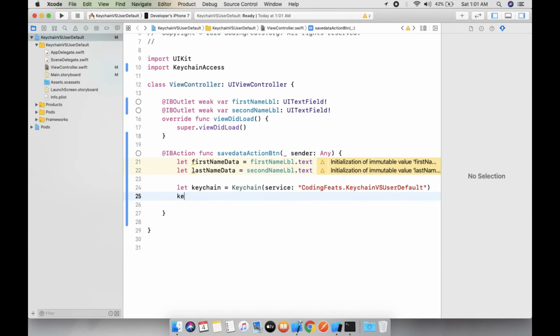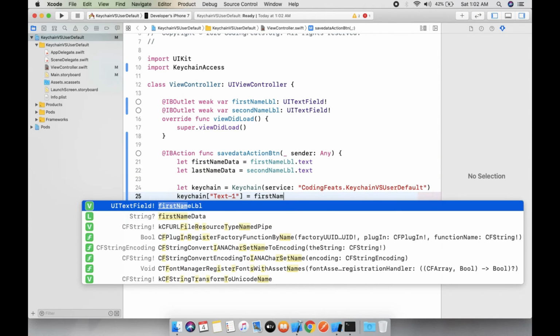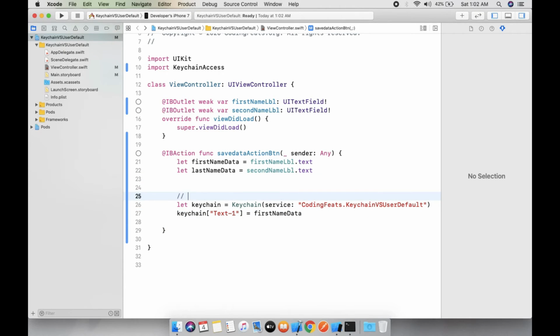For this we can save this value in text1: keychain text1 equals to first name data, right? So here you can see this is save data in keychain.